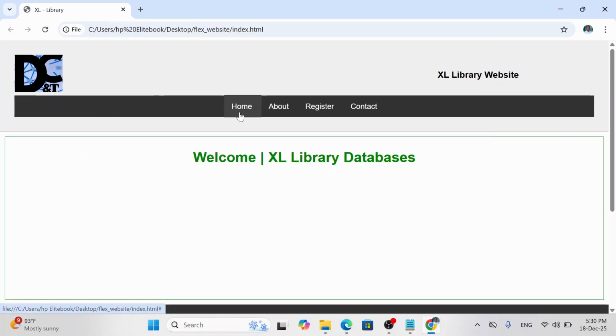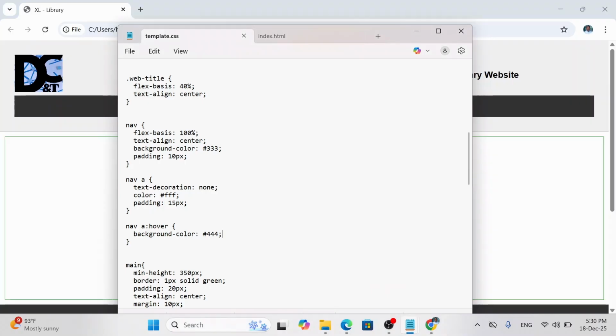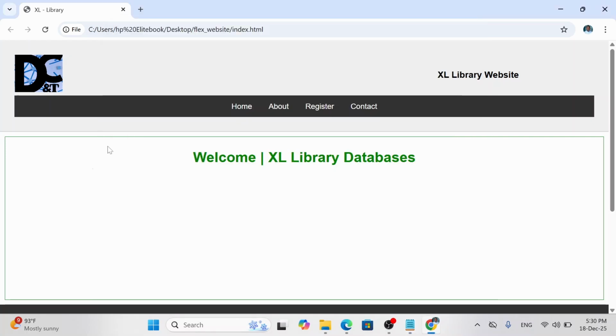So when I hover, you can see what is happening. When I hover I can simply make it lighter if I want. I can do F0. I'll click File and Save. I refresh. So when I hover,